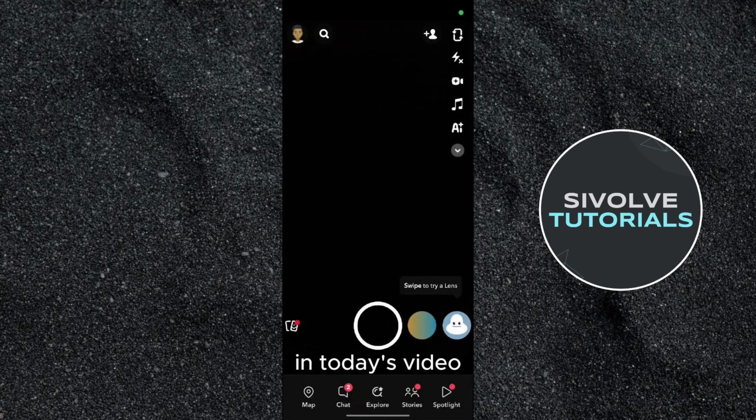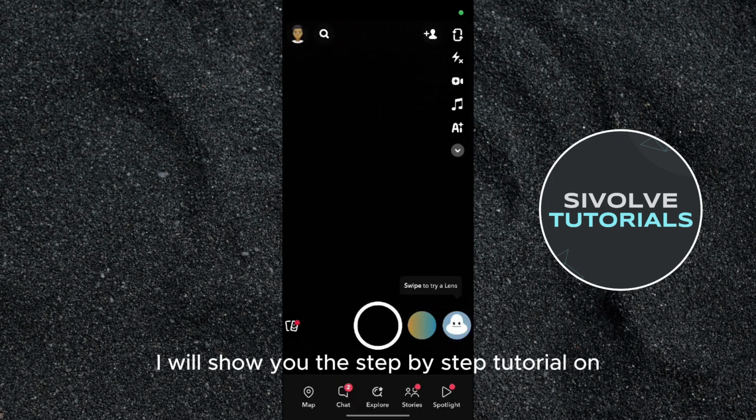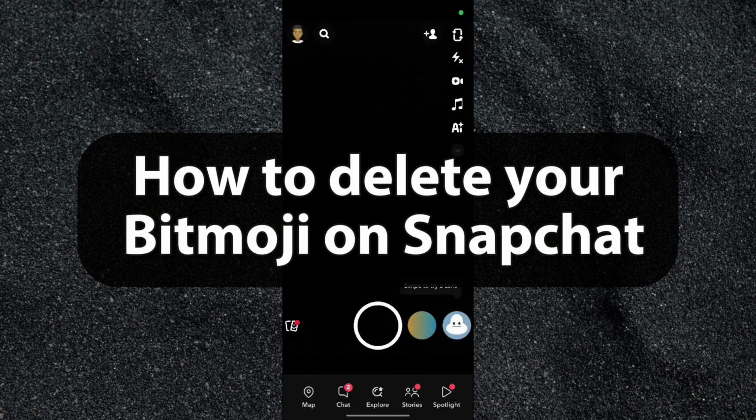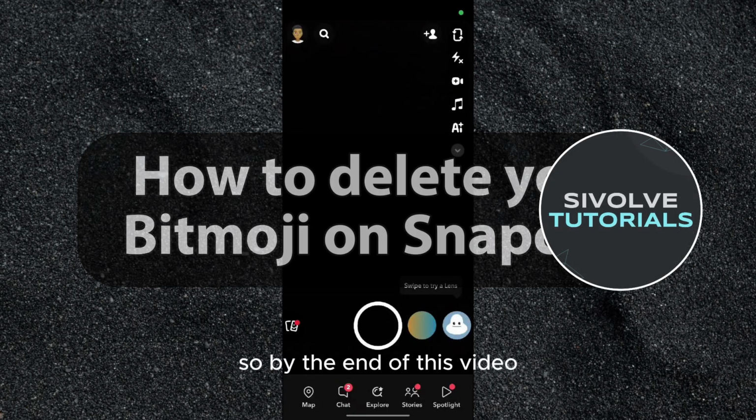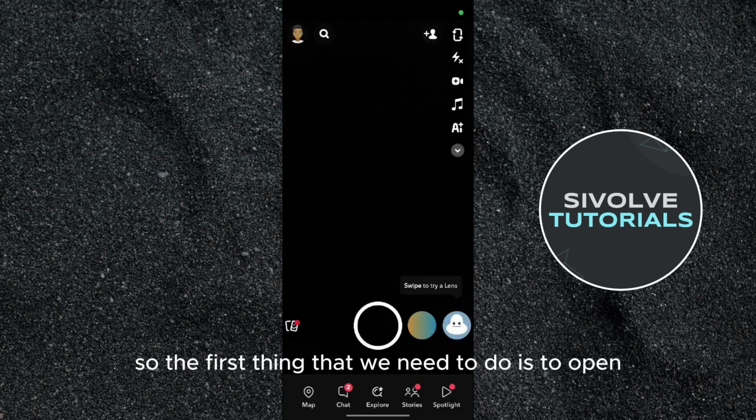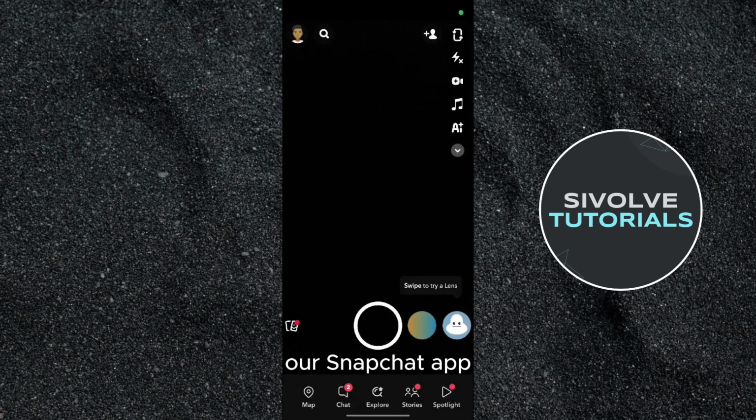In today's video, I will show you the step-by-step tutorial on how to delete your Bitmoji on Snapchat 2021. So by the end of this video, you will learn how to do them, so without further ado, let's get into it. So the first thing that we need to do is to open our Snapchat app right here,